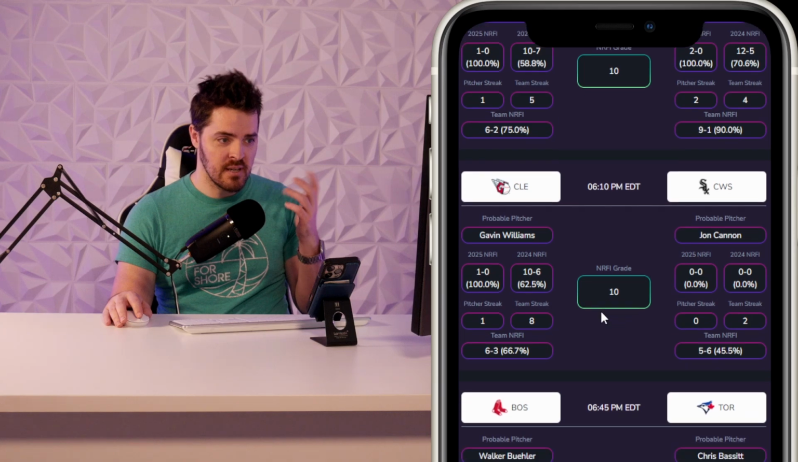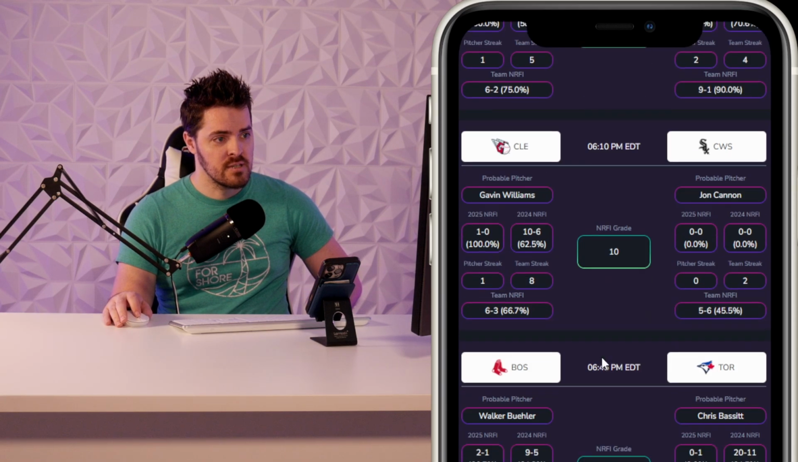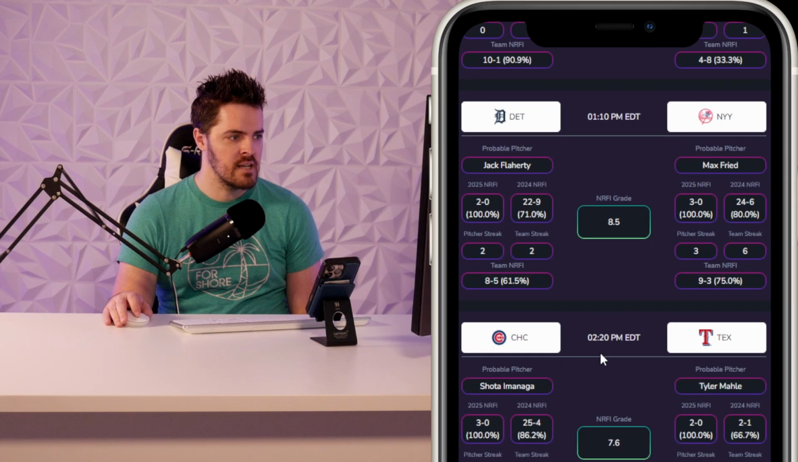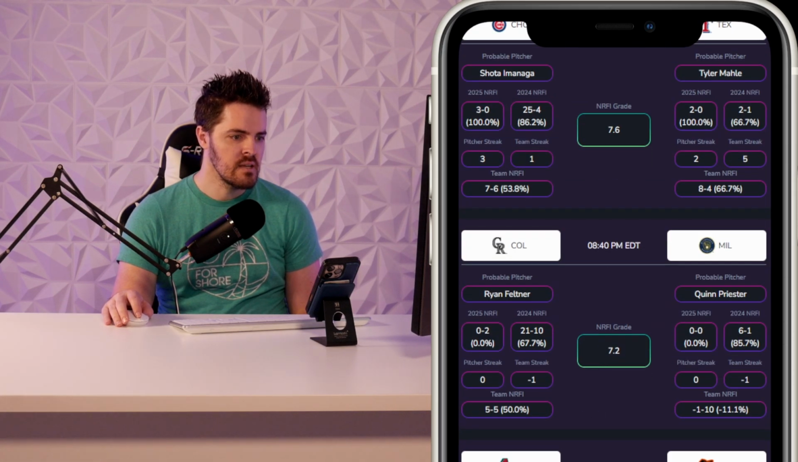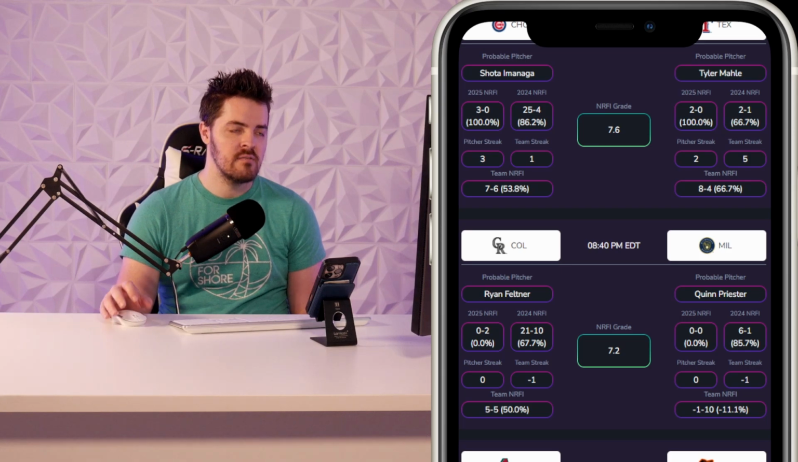I mean, there's a lot of games today. So there's, let me see, 1, 2, 3, 4. Looks like there's 4 10s, and then you see it starts dipping down here to 9.9, and you scroll down, it keeps going all the way down. The very last game on the screen you can see is 7.2, but there's actually a 3.5 grade. The 3.5,